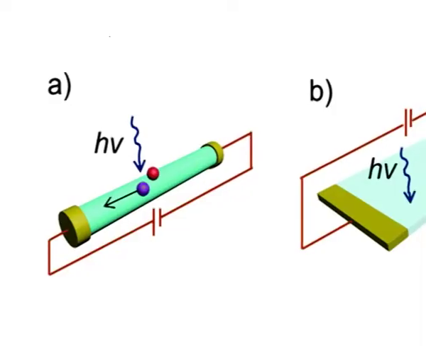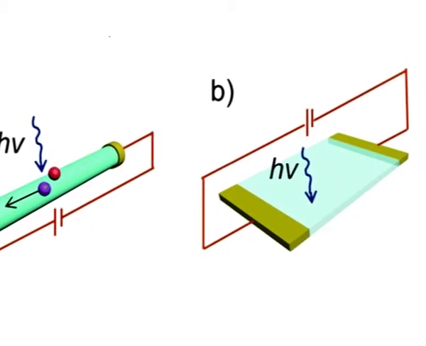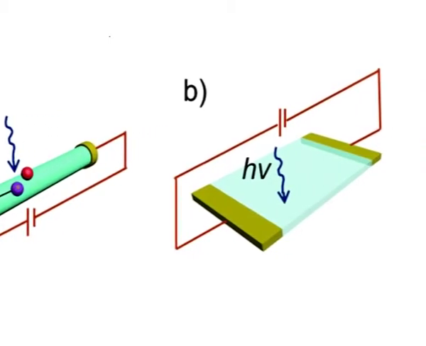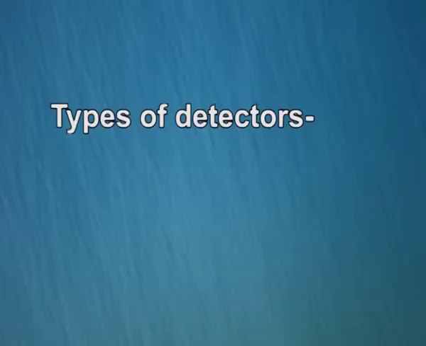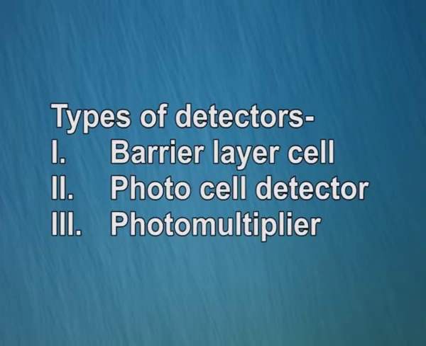Glass and plastic cuvettes are also common, although glass and most plastics absorb in the UV, which limits their usefulness to visible wavelengths. Next is detectors. Any photosensitive device can be used as a detector of radiant energy. The photocell and phototube are the simplest photodetectors, producing current proportional to the intensity of the light striking them. Three common types of detectors are used: barrier layer cell, photocell detector and photomultipliers.